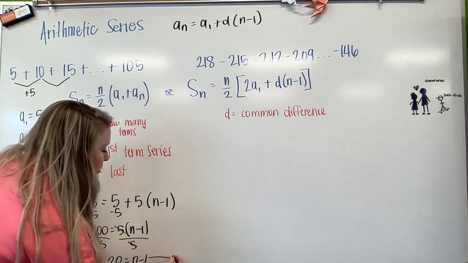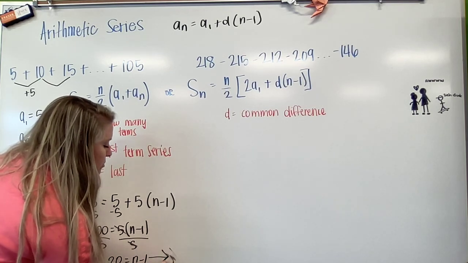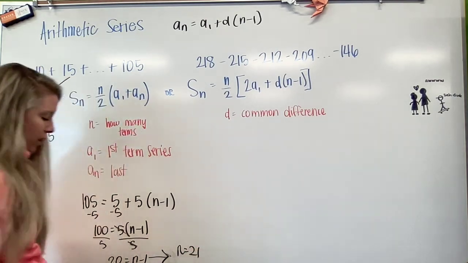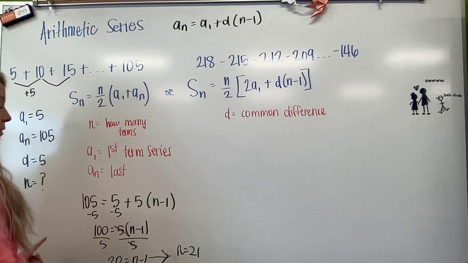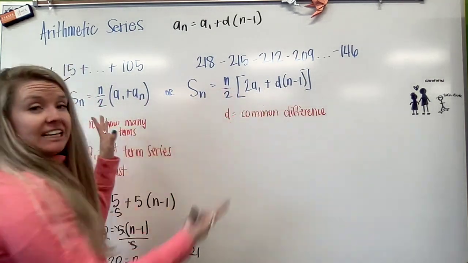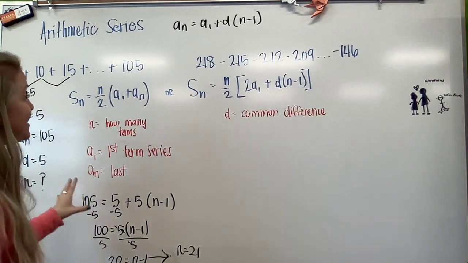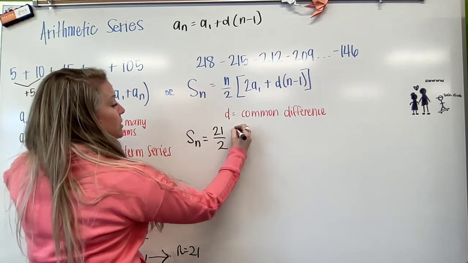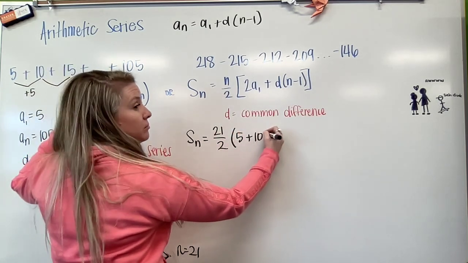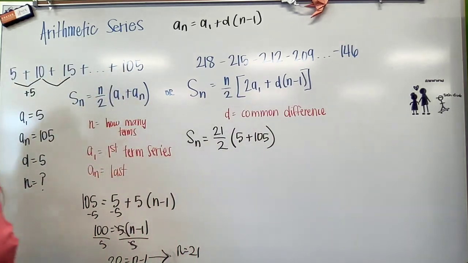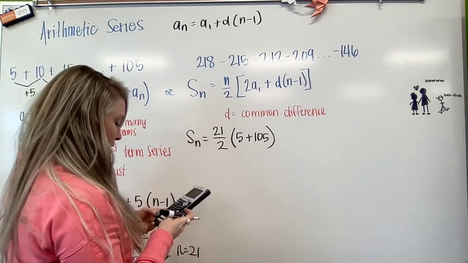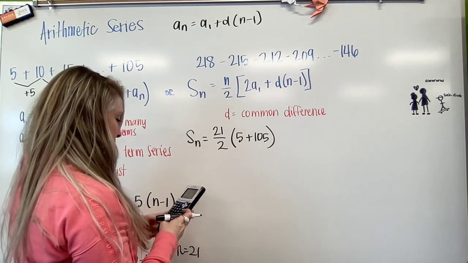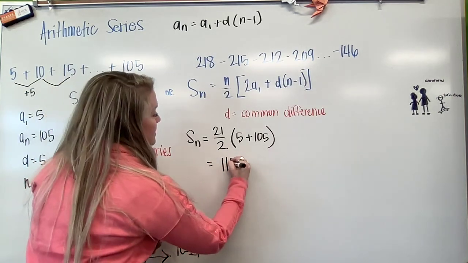I went off the board there. So that was supposed to be an arrow. Don't judge me. I add that one over, and I'm getting n is 21. Okay, so now I have every variable needed. I could use either one of these formulas to find the sum. So I'm going to go ahead and just come here. My sum, I have 21 terms, put that over 2, my first term plus my last term. So what I'm going to do here is take the 5 plus 105, divide that by 2 and then times it by 21. And that sum is